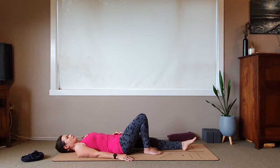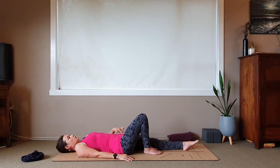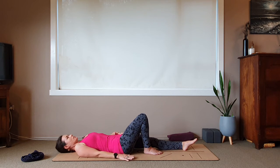Slowing back down. Notice as you lower your leg down if the pelvis starts to pull forward here. Seeing if you can keep it at more of a neutral position. We'll do that again. So again, breathing in,